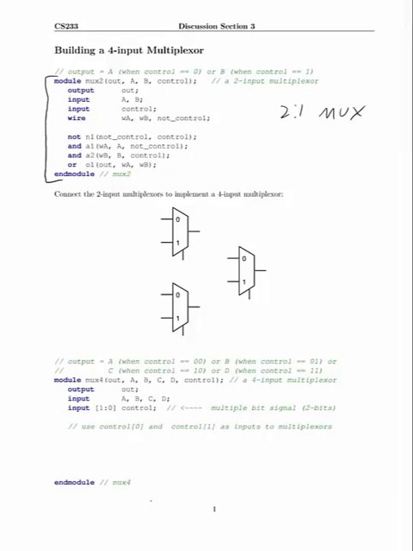The important thing here is how the mux is being defined. So here we have the output is going to be A when control is 0, and B is going to be selected when control is 1. And so this tells you a little bit about how this mux is going to behave. So we should have A when it's 0, B when it's 1. So that's going to tell you what you want to have happen when you come down here to ultimately build